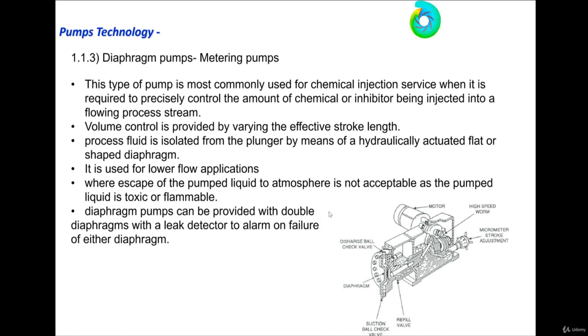Another characteristic of these pumps is where the escape of the pumped liquid to the atmosphere is not acceptable, due to you transfer hazardous fluid, toxic fluid, flammable fluid, so you cannot rely on one diaphragm. Actually, they use two diaphragms. Diaphragm pumps can be provided with a double diaphragm with a leak detector to alarm on the failure of either diaphragm. So in case of toxic fluid or flammable fluid, if they used double diaphragm, and between two diaphragms there